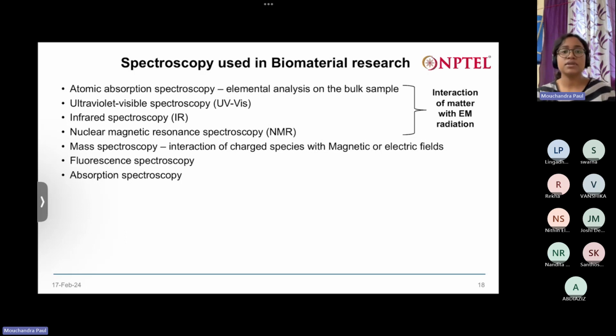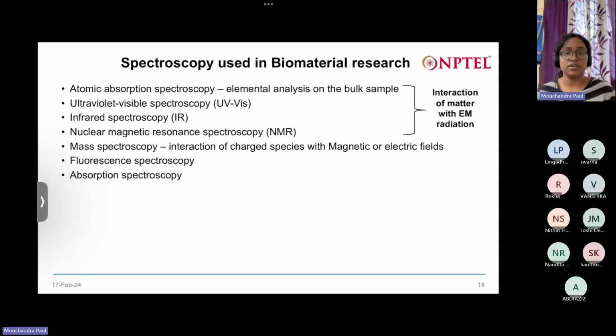Here we are using some form of light, electromagnetic radiation, or some electric field or magnetic field, to irradiate our sample, and upon irradiating our sample we get some information out of it; that is spectroscopy. Based on various other parameters we categorize them. There are various kinds of spectroscopy, but here I have listed only a few which are relevant to us